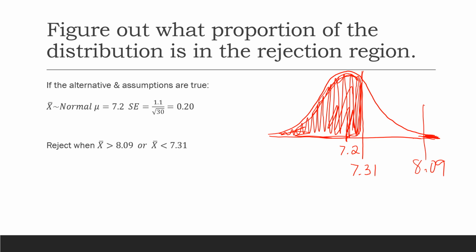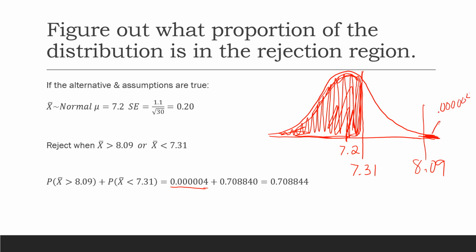So looking at my normal distribution, I can find the probability of the mean being above 8.09 in this distribution is 0.000004 approximately. So I've got a tiny little area out here. The area that it's less than 7.31, that's this area here, is approximately 0.708840. So altogether, if I add those two areas, I get